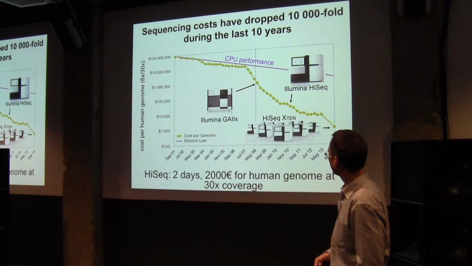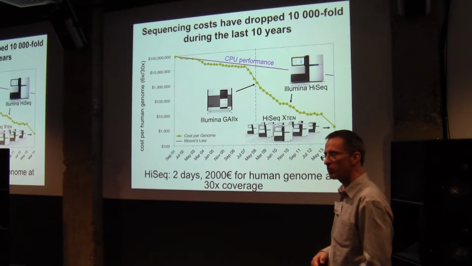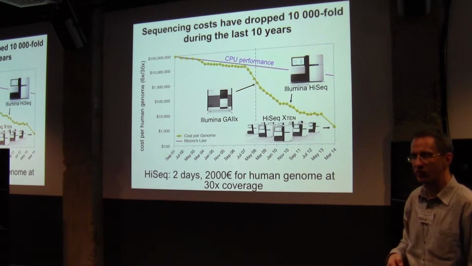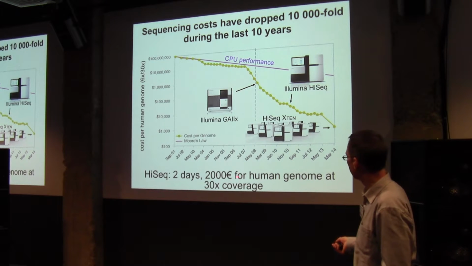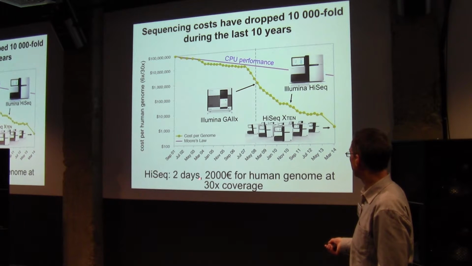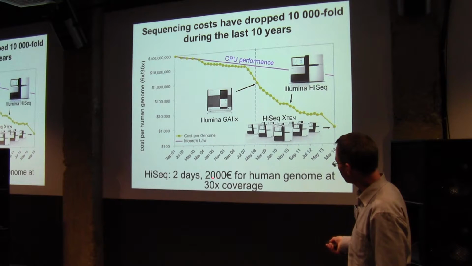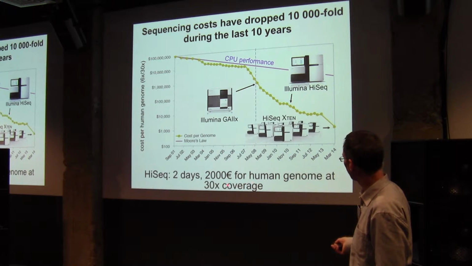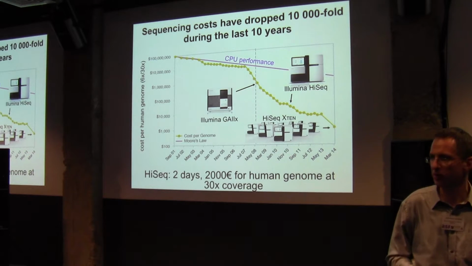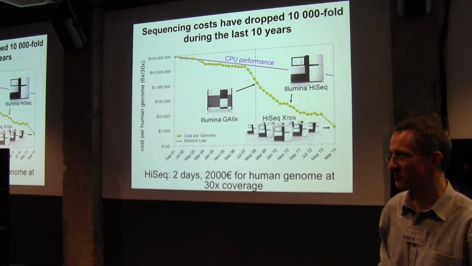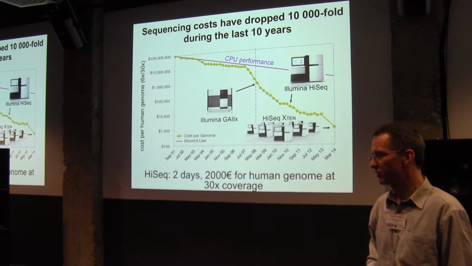And of course, that means that now you can generate enormous amounts of sequences that you somehow want to analyze. And for example, HiSeq during the last 3 years or so could sequence, I'm not sure whether this is still up to date, in 2 days for €2,000 a human genome at least 30 times coverage. I guess this is 2 years old, so I don't know where we are now in the story. But it hasn't come down much, I think, in the last 2 years.